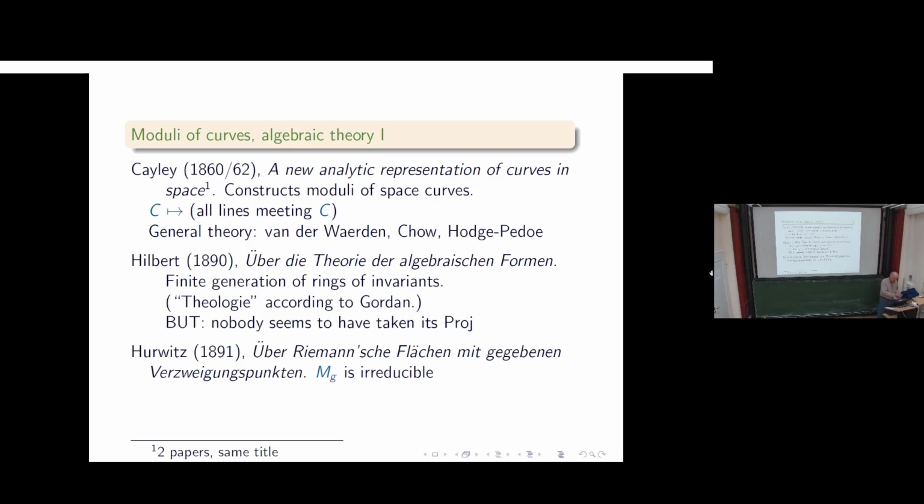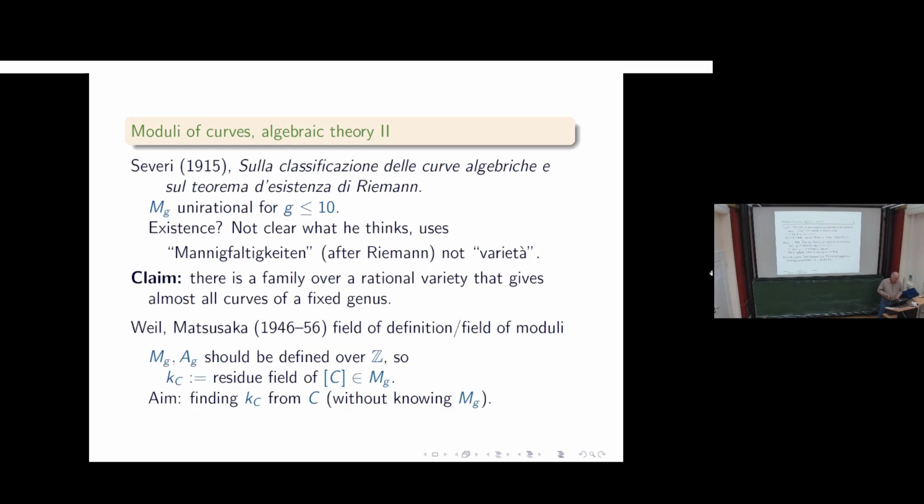Sometimes when you look back, it's really utterly mysterious why people didn't do something that's completely natural to us. Okay, now, then another interesting paper is by Severi, who proved that M_g, the moduli of curves of genus g, is unirational for g at most 10. Now, I looked at this paper, and it's really not clear whether he thinks that M_g exists or